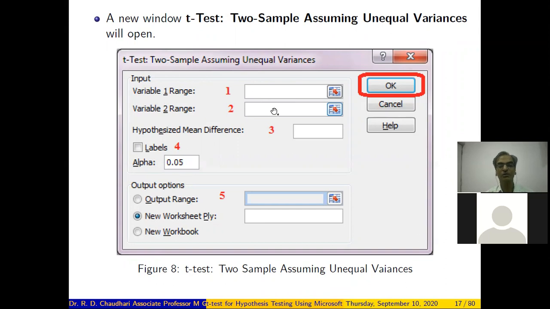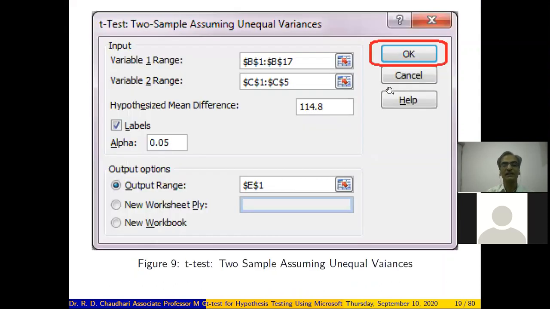In the variable 2 range, select the dummy variable range here. For hypothesized mean difference, select the value of mu under the null hypothesis. Tick mark the label if you have already selected the label in the variable range, and in place of the output range specify the cell address where you want the output. After entering all this information, click OK button so that you will get the output.